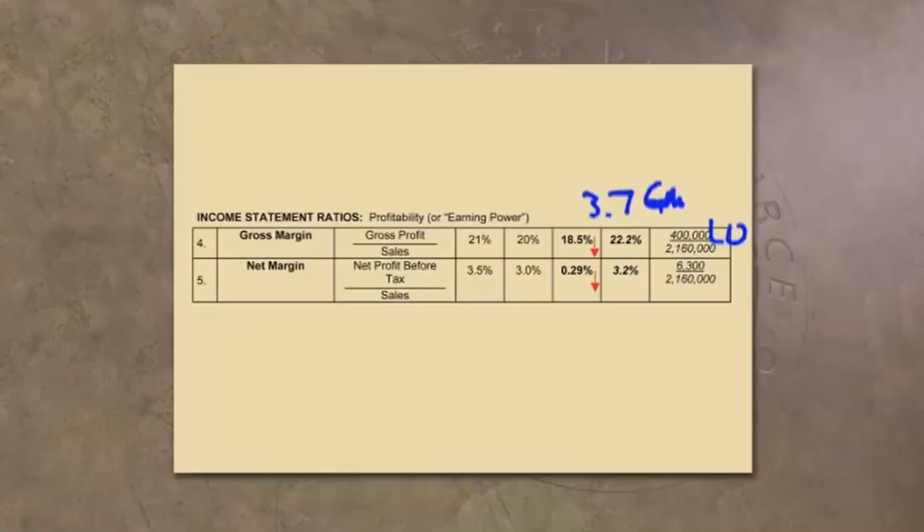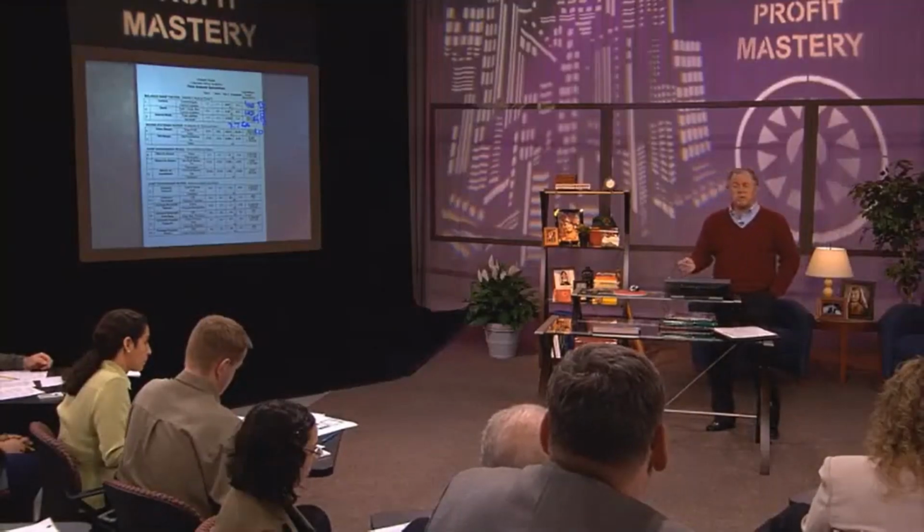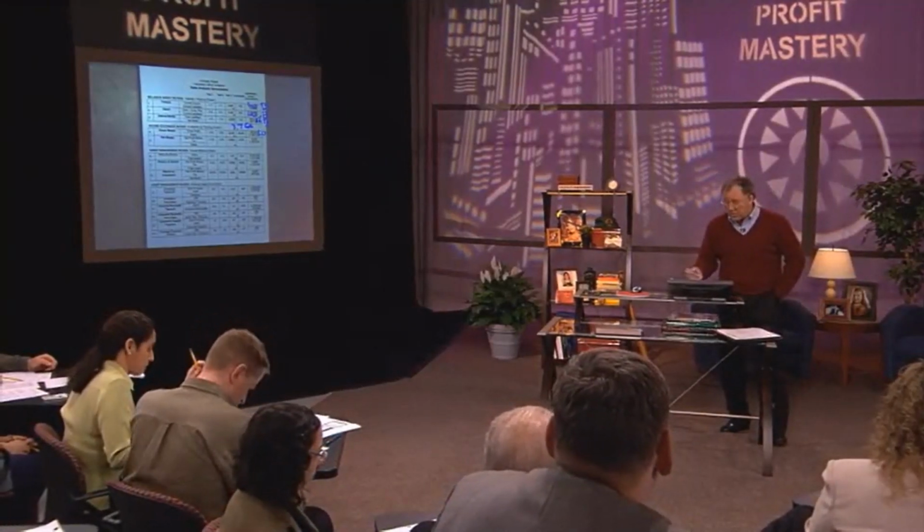So we're not comparing him against who? The best or the worst. We're comparing him against the middle of the road. And he's out of round on his margin by how much? He's low, isn't he? By how much? He's getting 18.5. The brothers are getting 22.2. He's out of round by how much? 3.7%. Isn't that right? 3.7 margin points. Gross profit margin points. Is that a lot? Yeah, that's a lot. I heard somebody round it to 4, and that's doable. We'll come back and talk about that.